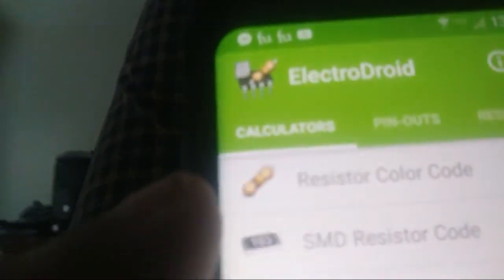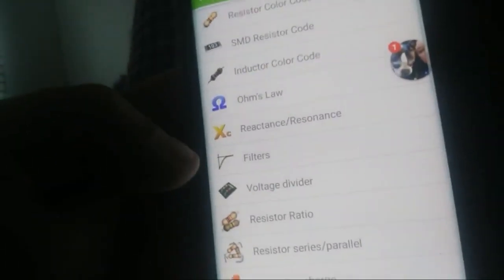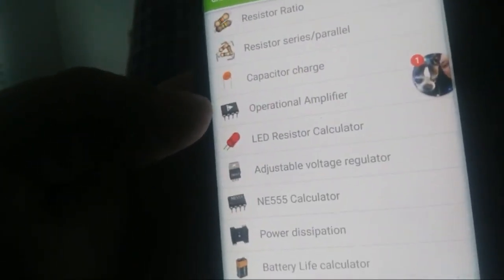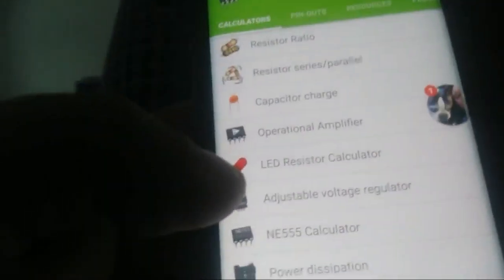That's the name of it. This is the Android version. There is an Apple or iPhone variant of it. Electronic Droid. Now, you also have inductor code, color code, Ohm's law, reactive resonance, filters, voltage divider, resistor ratio. Well, if you have Android,